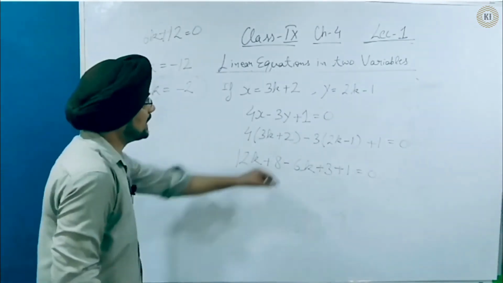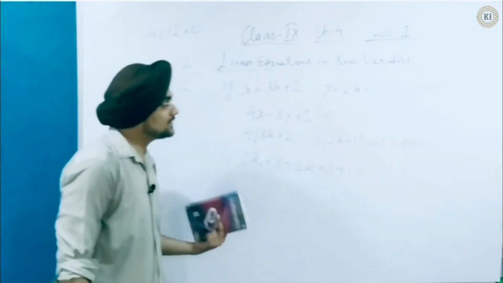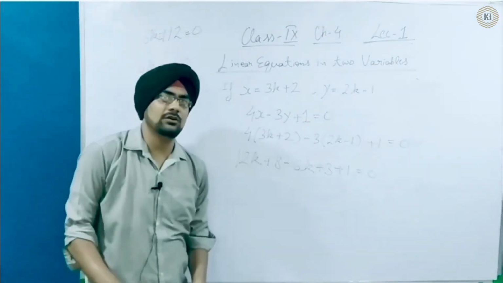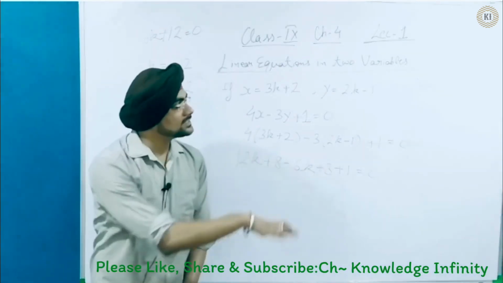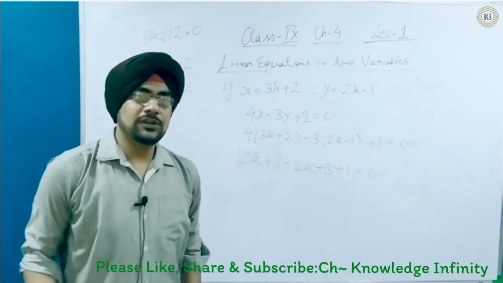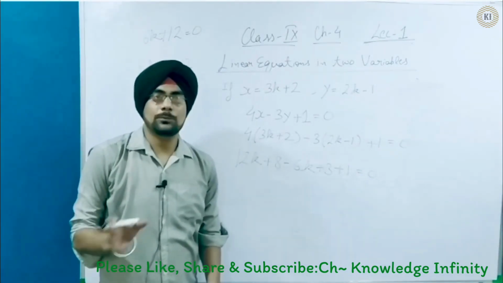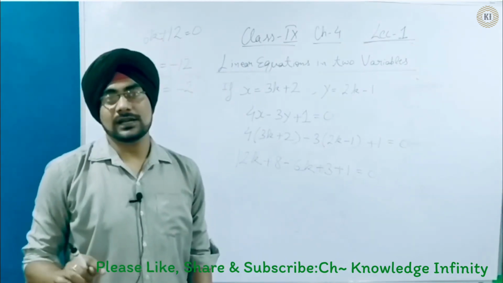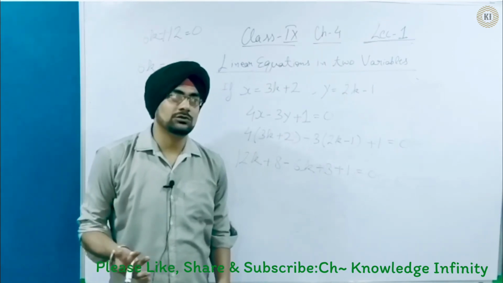So this type of question also you will get in your examination. So I have discussed here 4 types of questions. First of all, I have discussed what you mean by linear equations in two variables and some of the questions which you are getting in your examination. In my next video, I will come up with the graphical questions, how to plot points on graph paper when you are given an equation. So for my next video, you can go through the graphical questions.